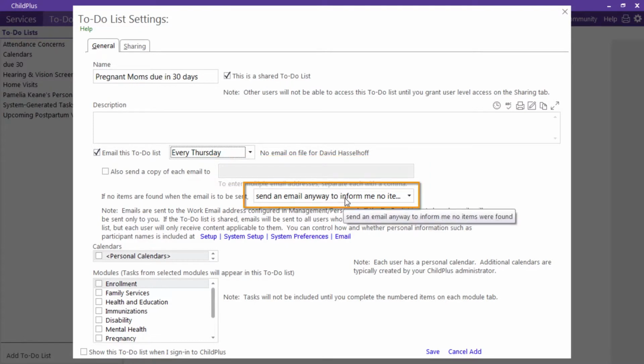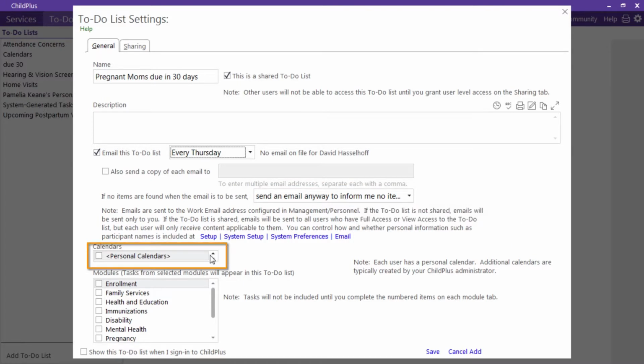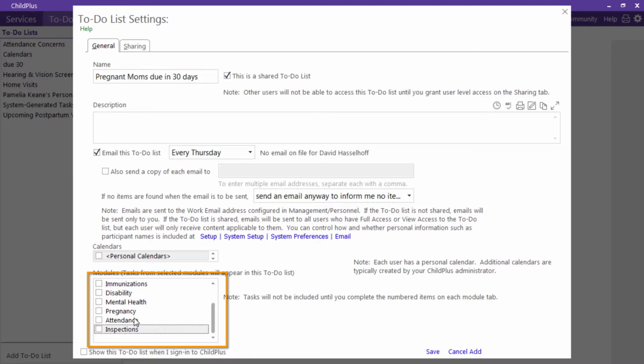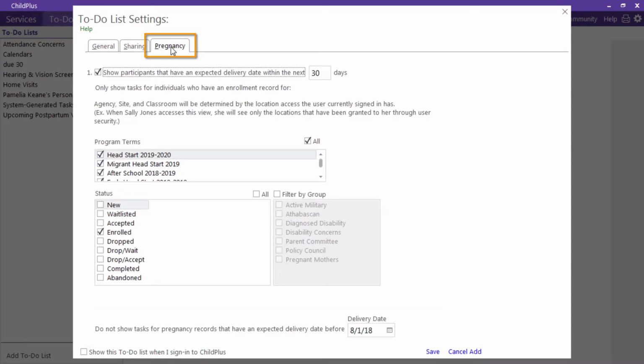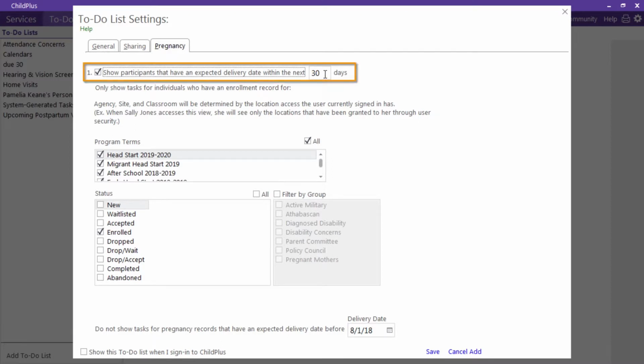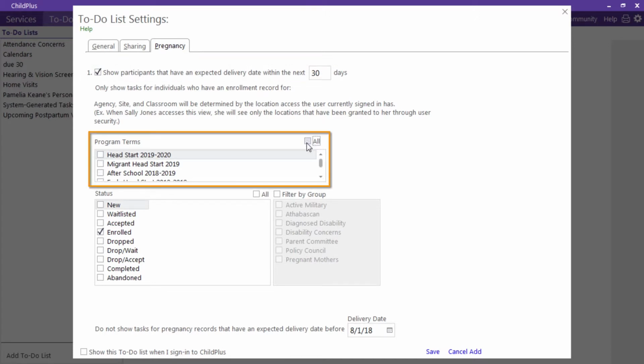Determine what should happen if there are no dates found, and click here to add the information to a shared or personal calendar. Select the module that's going to contain the data, and click on the new tab to set parameters. Here we've selected to show all pregnant moms with an expected delivery date that is occurring within the next 30 days. Be sure to select the correct program terms